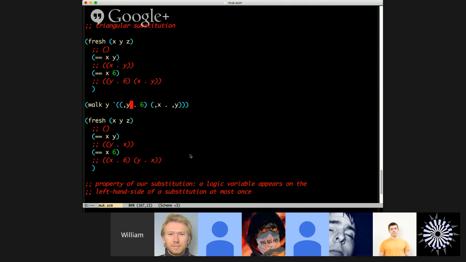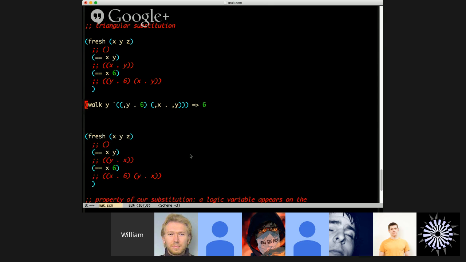It's looking on the left-hand side of the pairs in the association list, and sure enough, it'll find that y is bound, and it'll just return what it's bound to. Okay. So looking up y works. We can also try looking up x. If we look up x, what will happen is